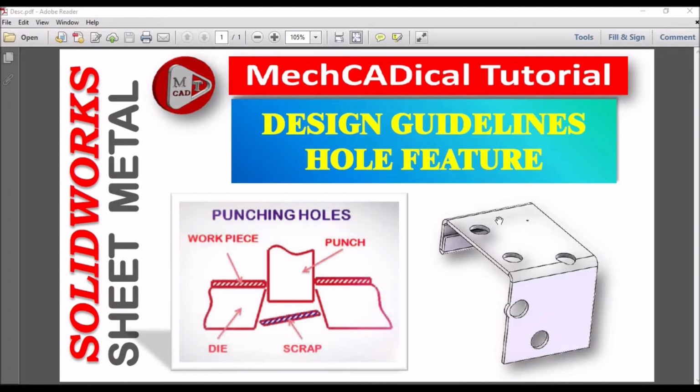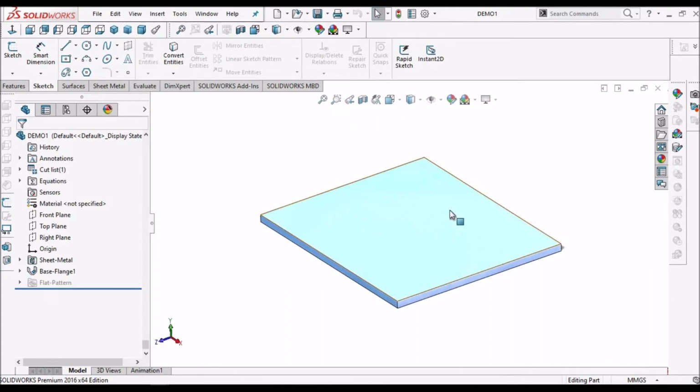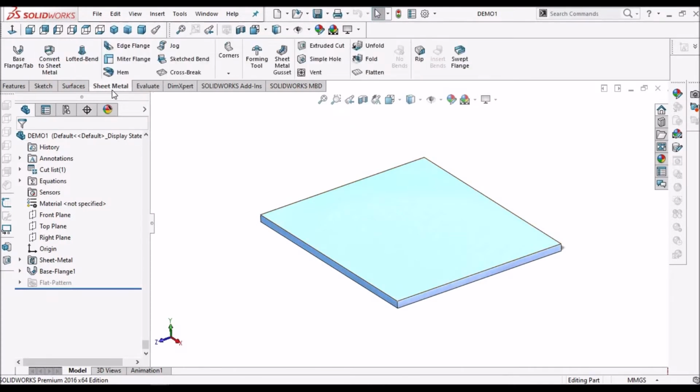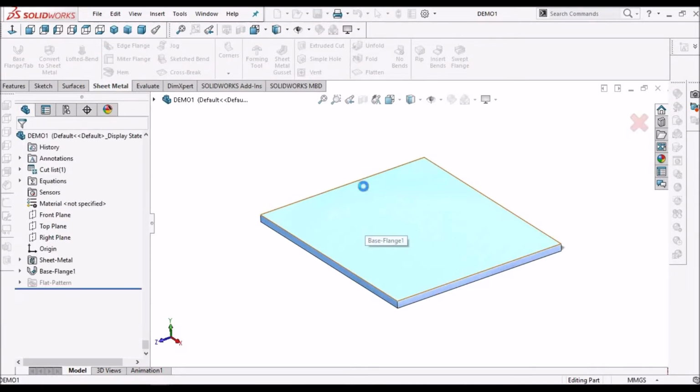So now I'm going to show you how to create hole feature in the SolidWorks sheet metal module. So we have to go to sheet metal and we have to create a simple hole.